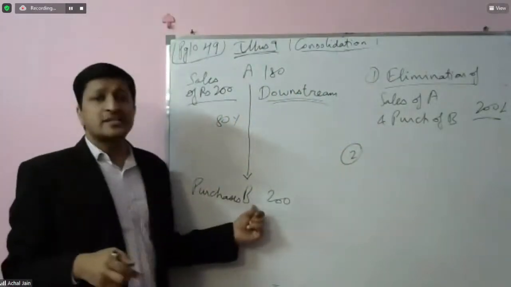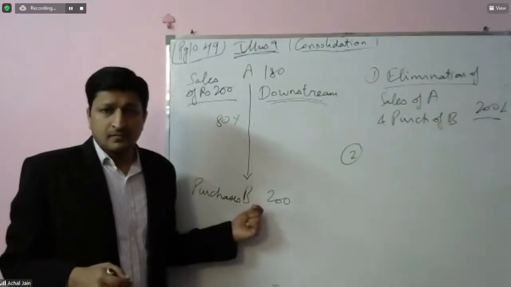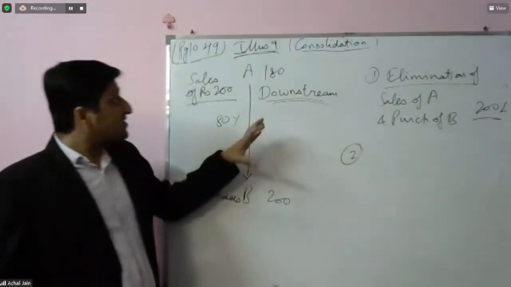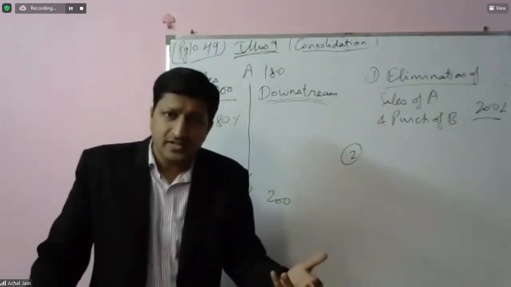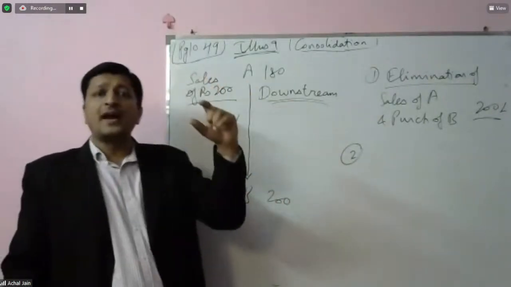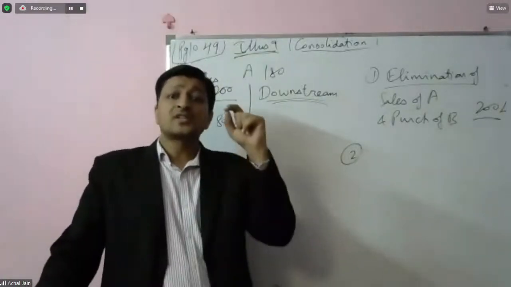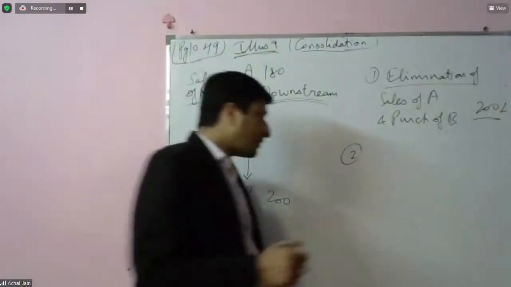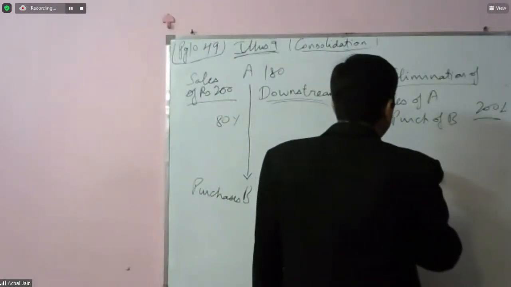Number 2, because the stock is unsold. If this transaction would not have taken place, then this stock would have been appearing in the books of group at rupees 180 lakhs. Now this is overstated in the balance sheet of the group. So what should we do? Reduce the amount of inventory